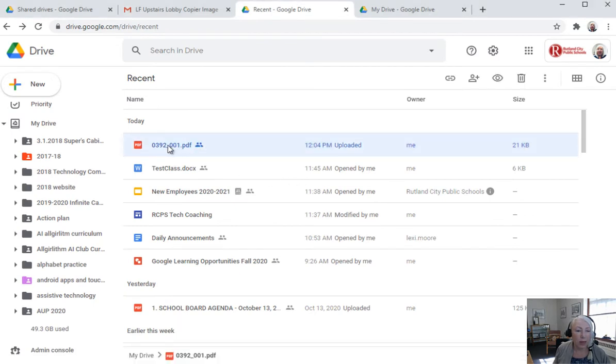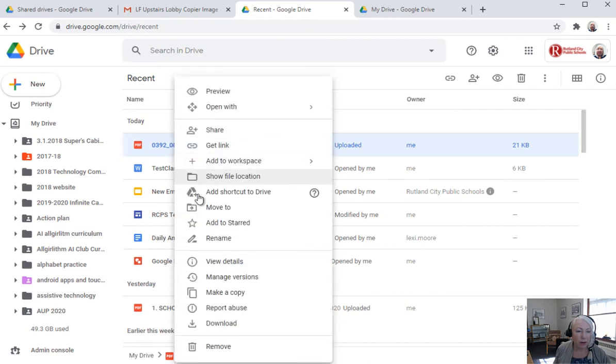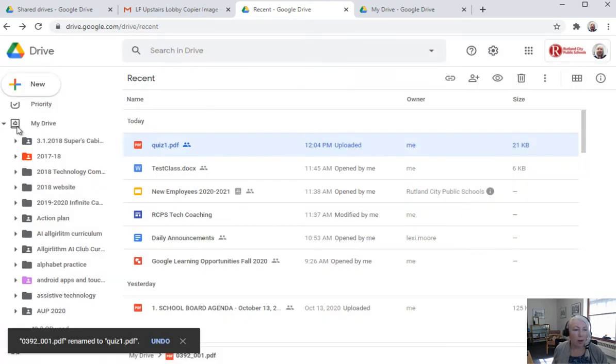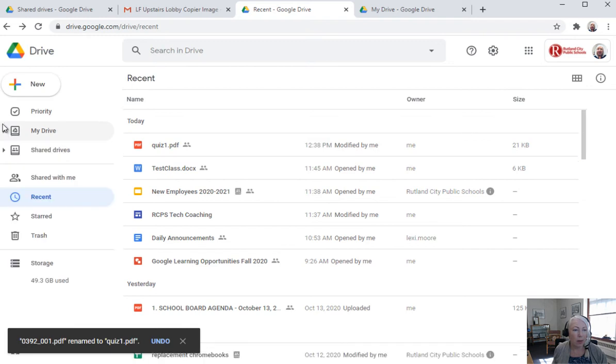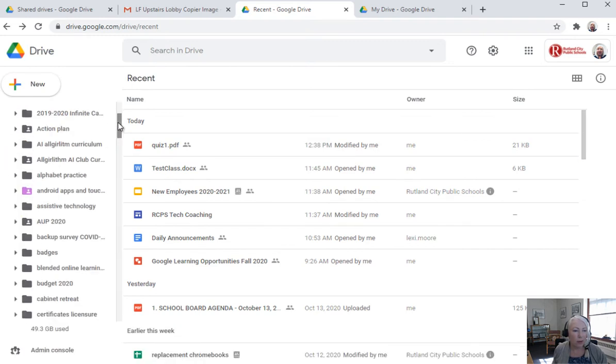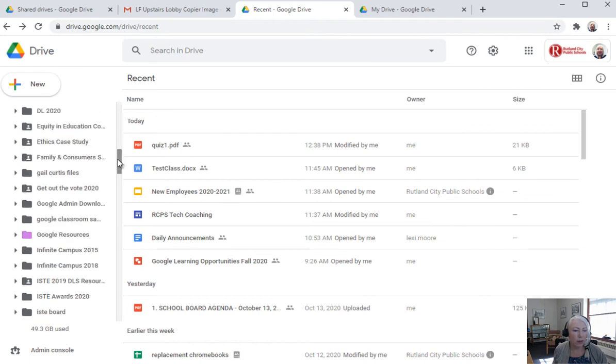I'm going to quickly rename it because that's not a very useful file name. I'm going to right click and use rename to call it Quiz 1. Over here, I can open up my drive on the left hand side and I'll see all my folders. I'm going to go down to Snapverter,